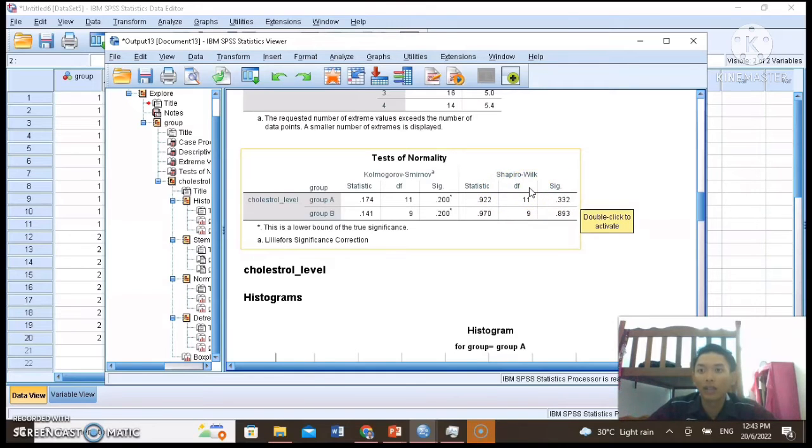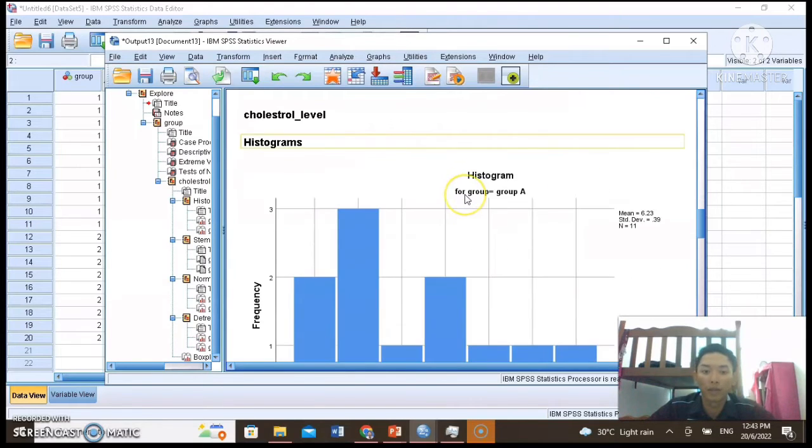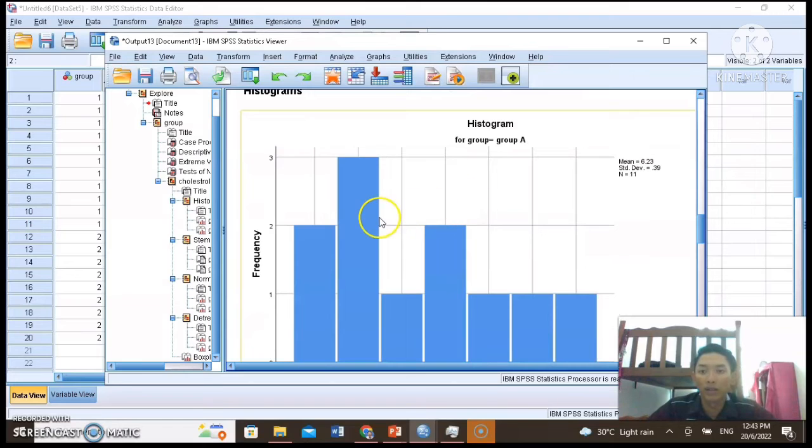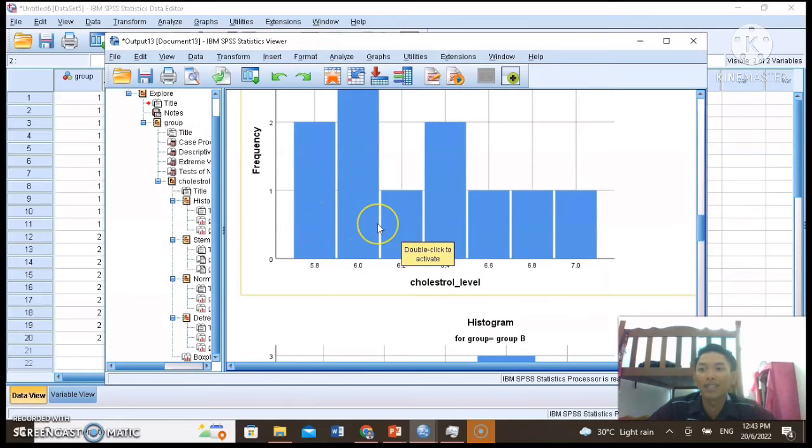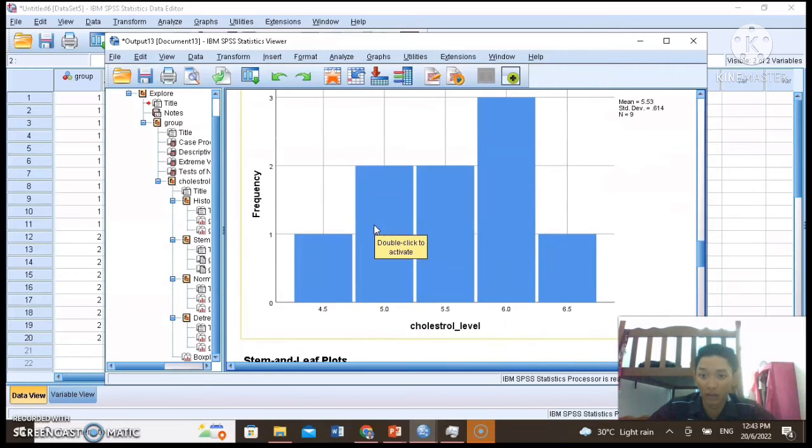As a result, we can say that the data is normally distributed, and the graphical display also shows that it's a normal distribution, the assumption is met, and the distribution is normal. Okay, now we can go to